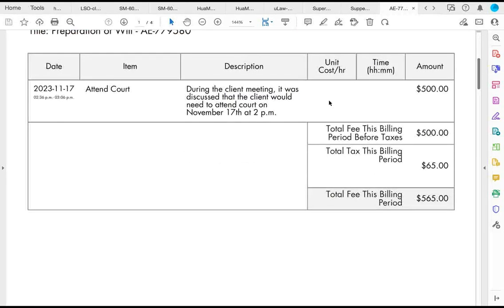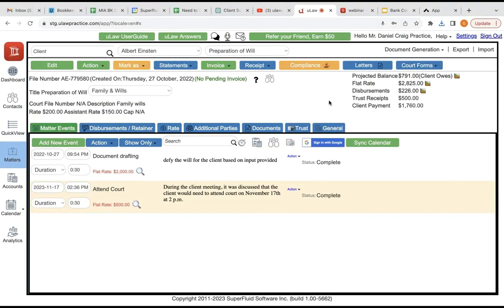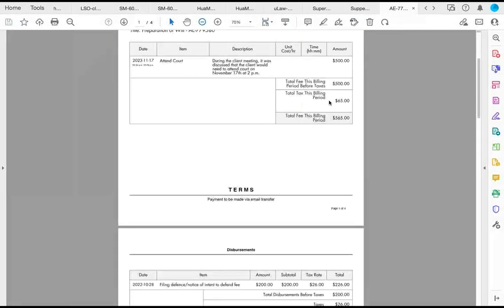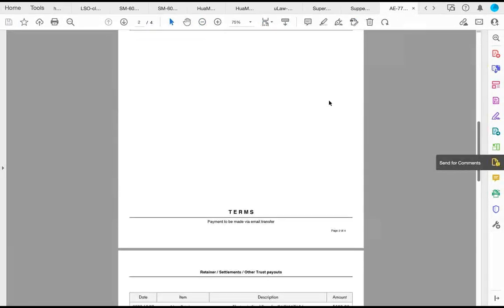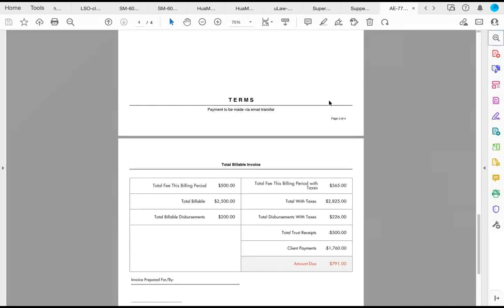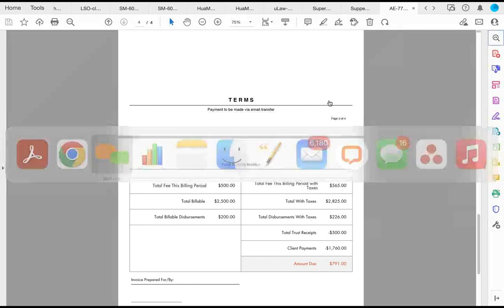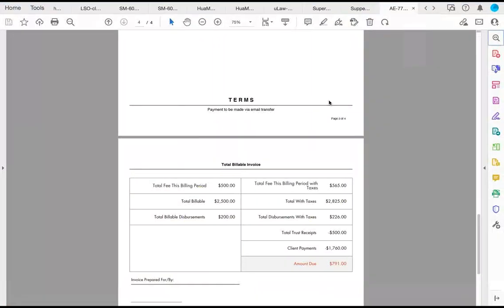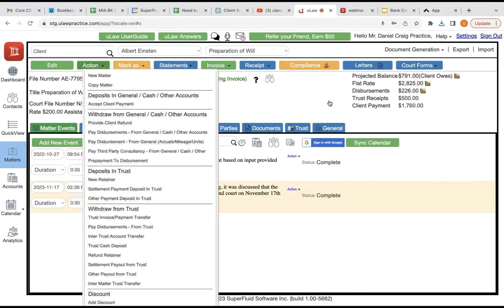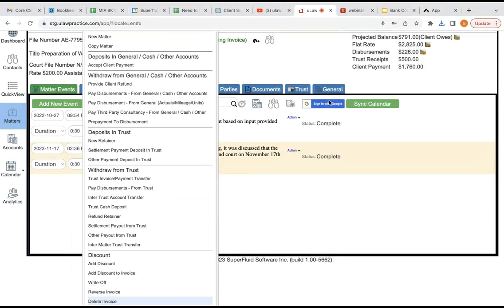So you want to make sure that you're bifurcating them properly. So you want to go back in there. Now, if I have to delete this invoice, this is the invoice we downloaded, all of you. You can see that I've added the $500 to attend the court. Now, I want to delete this invoice, right? So I go back into uLaw, click on action, click on delete invoice,